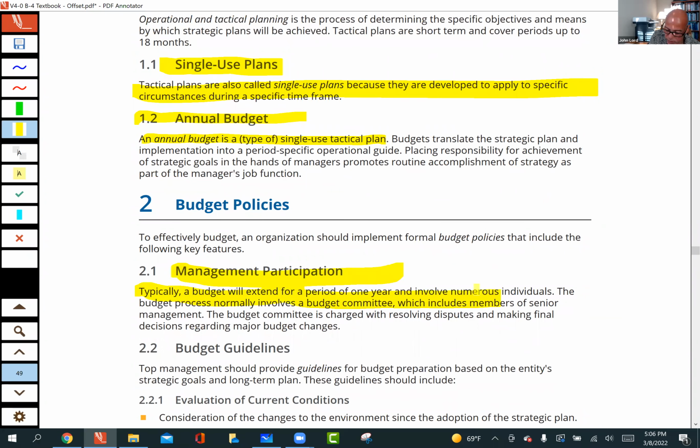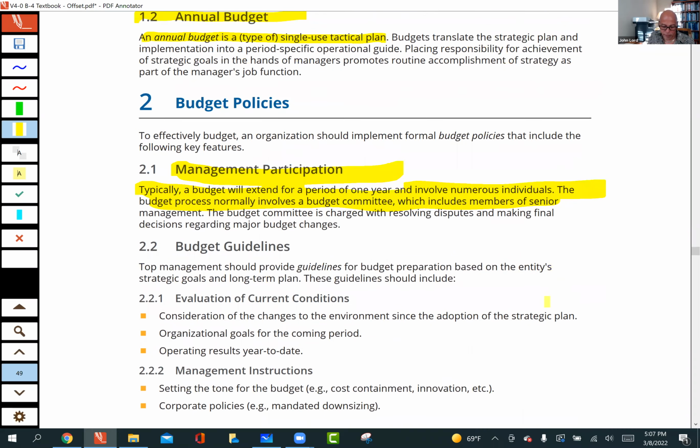Typically, a budget extends for 1 year. And again, as we've looked at capital budgeting, that covers more than 1 year, where we were using present value tables to figure out whether or not we should purchase a particular investment. We use the net present value method, et cetera. All of that discussion was a capital budget. This is an operating budget, so we're not going to have to worry about discounting any of these cash flows. And all we're saying here is that often there's a budget committee that's part of the board of directors that would be involved in preparing that budget.